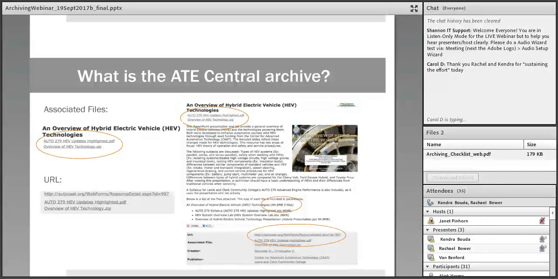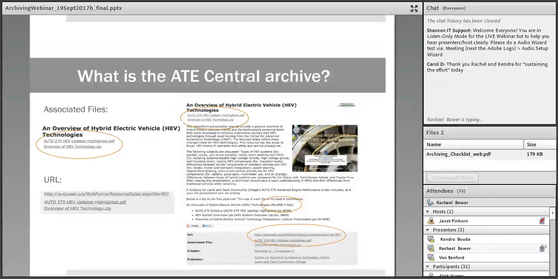There's an ATE area. In this case, we have Advanced Manufacturing Technologies, Automotive Manufacturing as the ATE area. There are subject terms to enhance discoverability, and then you'll find information about the resource type, the format, educational level, the audience that the resource is intended for, and any information about access rights or content licenses that we might have. Some records have more data, some have less, but this is a good representation of what our metadata records